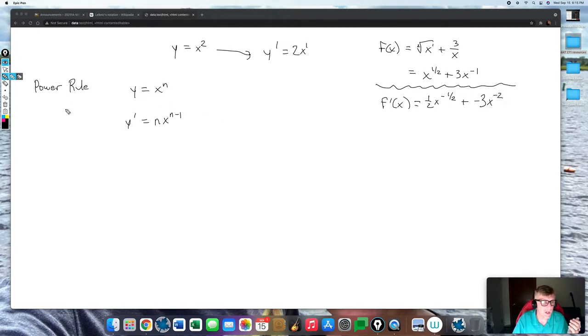Even if there's a constant in front, say c times x to the n, then you just multiply your c times the old exponent. You move n times c. That's what we did here: we took negative 1 and multiplied by 3. And of course, if you need to, you can clean this up and rewrite this as 1 over 2 square root of x minus 3 over x squared. Okay, so this is called the first